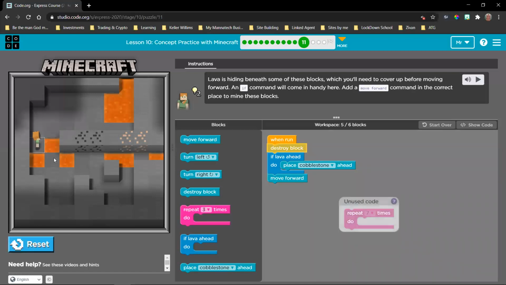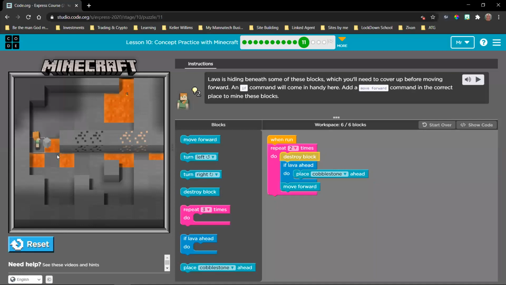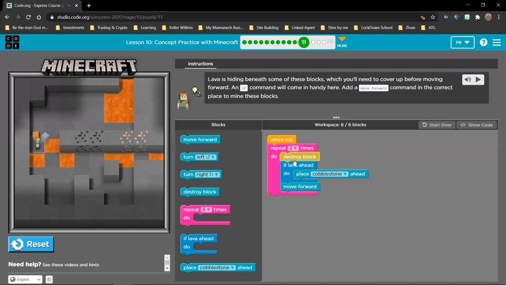Right, so now you can see he's checking for the lava, right? So now we did that once. So what I want to do is place this into a repeat. So you can see the second one we know there isn't lava there. So he's not, or she's not placing the cobblestone. If you look over here, you can see the yellow. If the lava, now it goes to that. Now, if not the lava, it skips right there. It skips this do part.